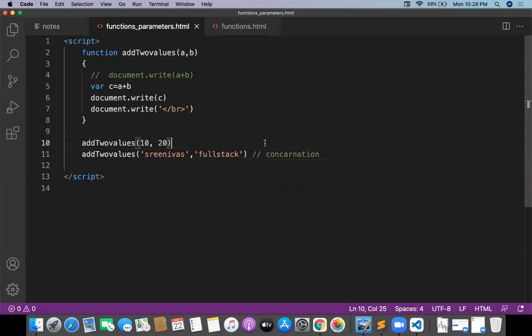This time it is concatenation, this time it is addition. The first time it is going to be addition, and the second time it is going to be concatenation. Okay. Now, what I want to do is